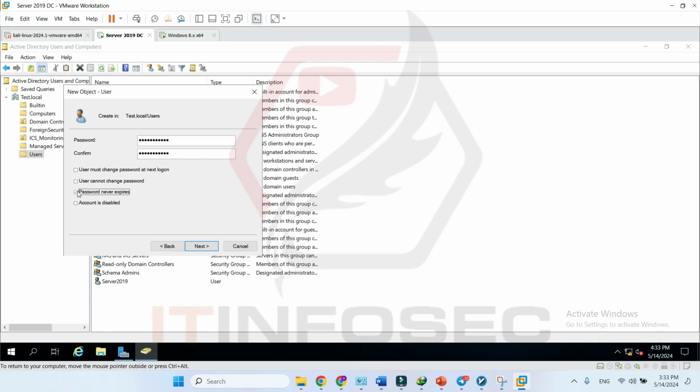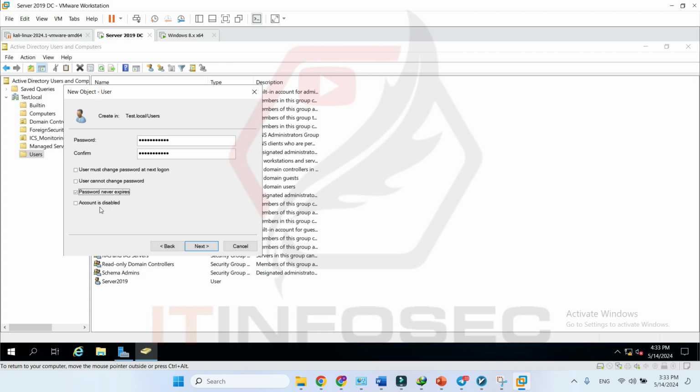But if you check this item, it means the password never expires and will remain without any limitation of time. And account is disabled means